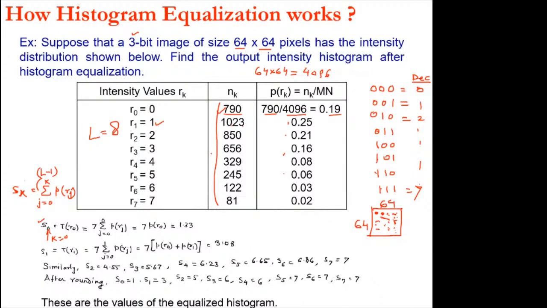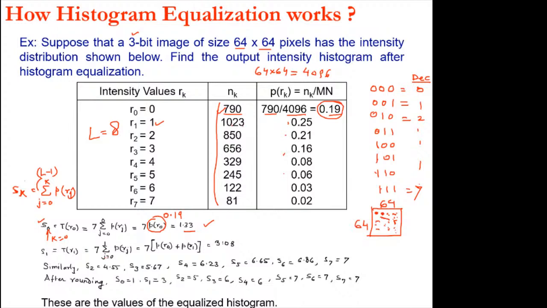और PR0, जो आपने find out किया था, 790 by 0.19, that was PR0, तो PR0 को 0.19 रख दिया, तो आपका 1.33 आ गया। इसी तरह से